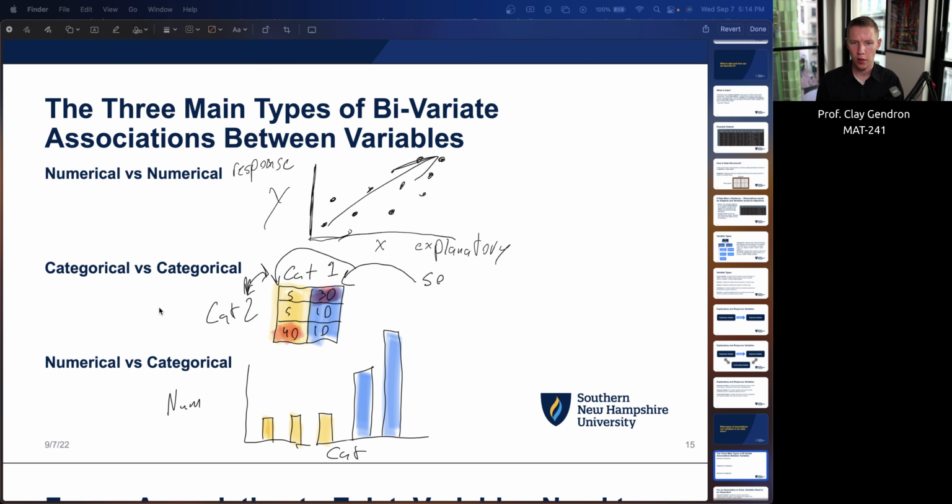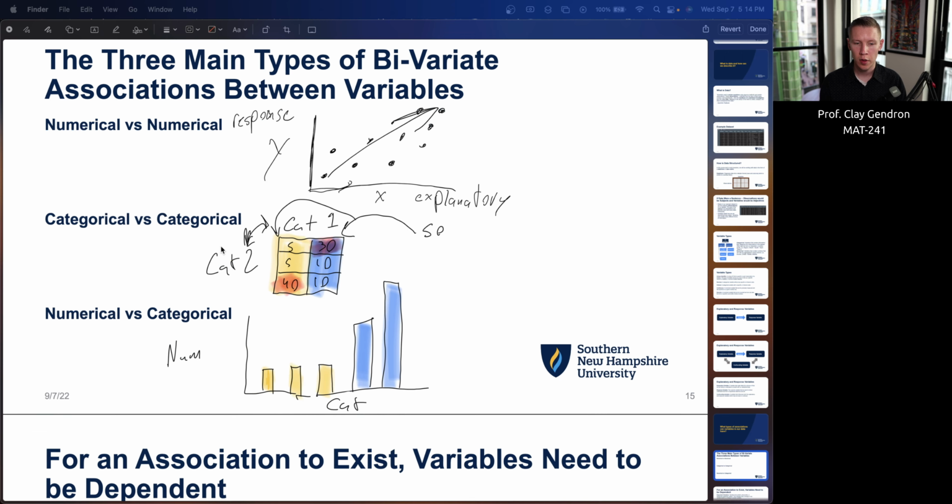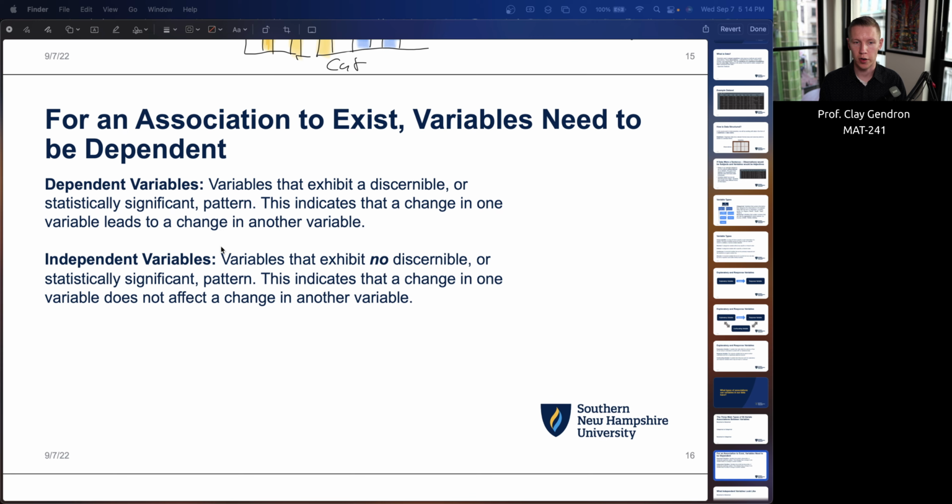So when we see relationships like this, between two numerical variables, two categorical variables, or a numerical and a categorical variable, we generally say that these variables are dependent on each other. So a change in one leads to a change in the other. When we have an explanatory variable that leads to a change in our response variable, we can say that